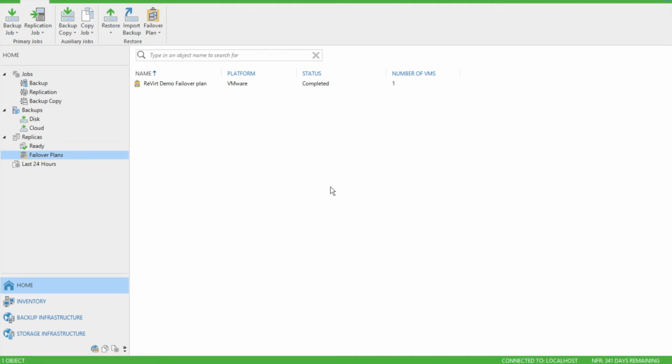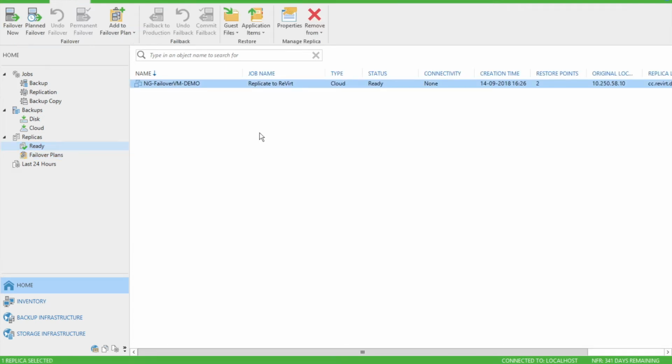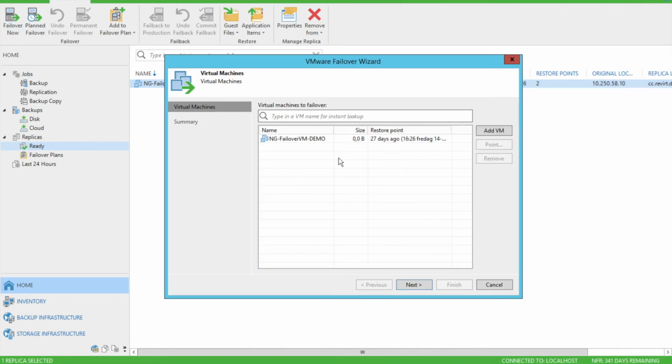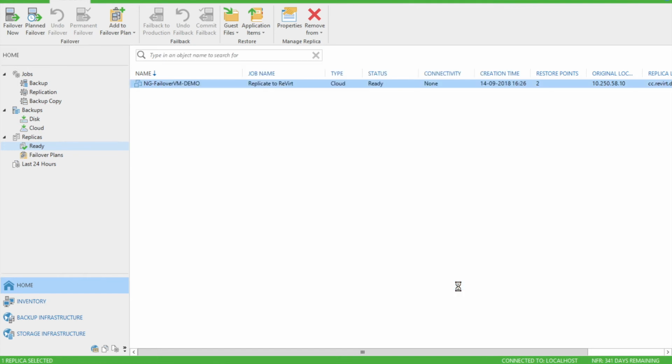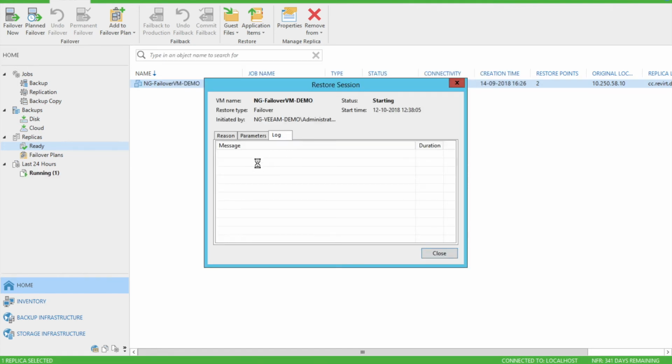In case of a partial disaster, you can use your own Veeam console to failover to the disaster recovery site. To failover, select the virtual machine and click Failover Now. If necessary, you can change the restore point, but in this demo, we will use the latest restore point to failover to. The failover will now start, and once the failover is done, you can connect to the virtual machine,